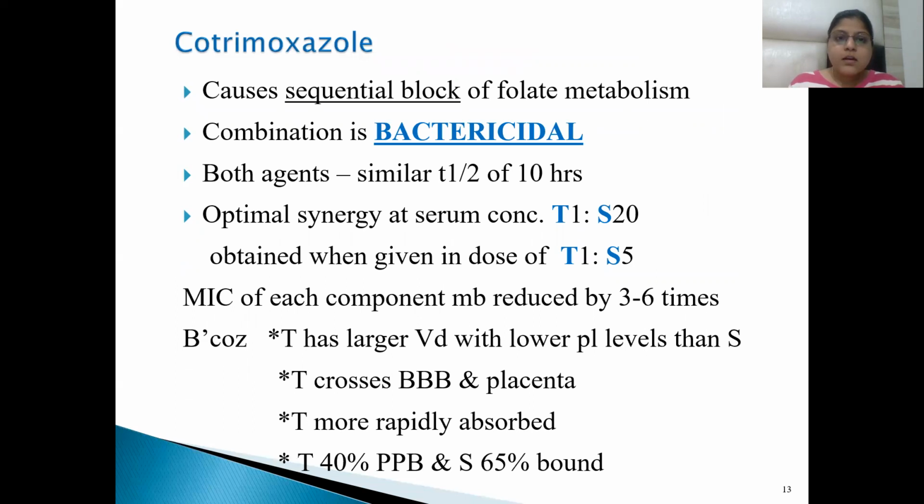Cotrimoxazole causes sequential blockage of folate metabolism. It inhibits folic acid synthase and also the hydrofolic acid reductase. Folic acid synthase is inhibited by the sulfamethoxazole, and the hydrofolic acid reductase is blocked by the trimethoprim. And this sulfamethoxazole and trimethoprim is given in the combination of